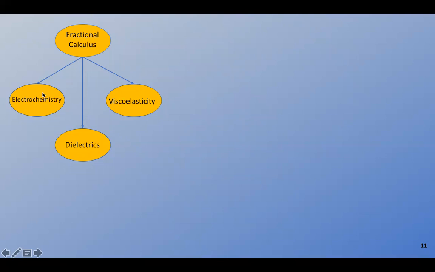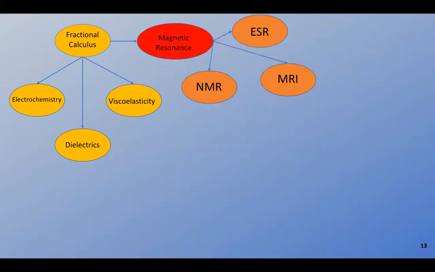Initially, it was very successful in electrochemistry, in dielectric modeling, and in viscoelasticity. And since it works with the mathematics that underlies these processes, it can be extended to almost anything. Within magnetic resonance, it too has subflavors or specialties, electron spin resonance, nuclear magnetic resonance, which I mentioned, and magnetic resonance imaging. We're going to look at MRI, and in particular, we're going to look at relaxation and diffusion as processes that occur in tissues that are amenable to detection using MR